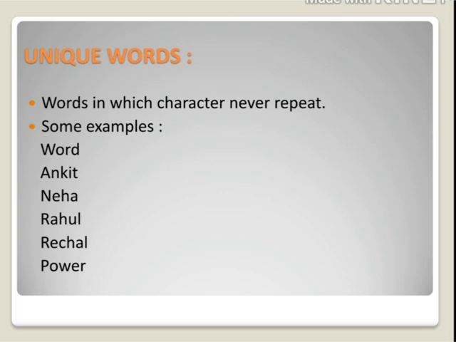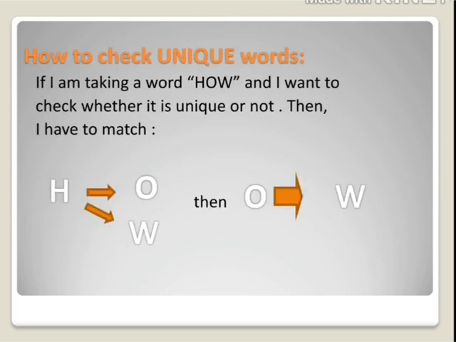And how are we going to check whether a given word is a unique word in Java programming? See, what we have to do. First of all, for every program we have to prepare some strategy to find it out. Now we are going to plan some strategy for that. How are we going to check whether a word is unique or not? First of all, think how we are going to check.